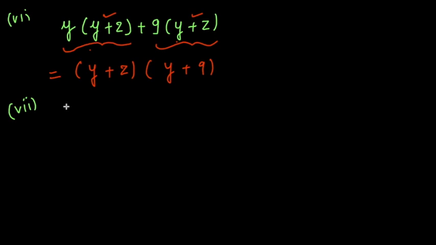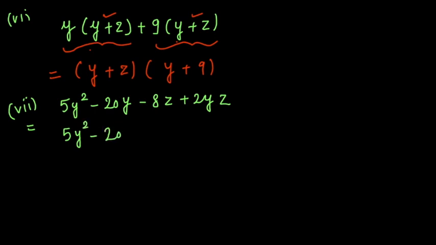Seventh part of the same question is 5y square minus 20y minus 8z plus 2yz. Again four terms. The first thing I will focus on is the regrouping. Here you have to be a little careful with the sign. If I am putting the first two terms in the brackets, minus 8z, now this plus sign changes to minus because I have placed a minus sign before the bracket, 2yz, right? So I have placed a minus sign before the bracket, so the terms inside the bracket will be